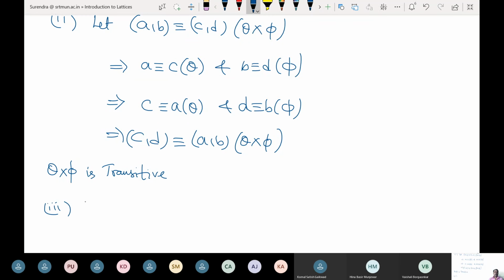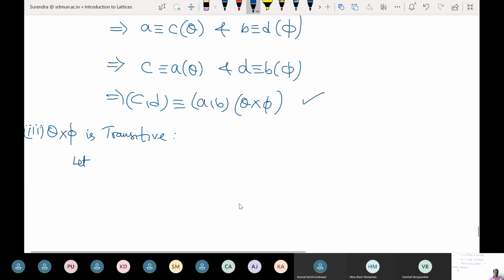What is the third one? The third one, we want to show that this is symmetric. I'm sorry, we want to prove that theta cross phi is transitive. We have done symmetric, so what is the third one? The third one is transitive. To show transitive, we have to consider